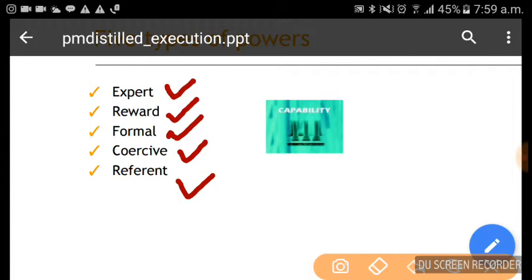So that is the referent power. So this could be the reason why most of the managing directors' drivers will have a special power. They will not be like other drivers in the company. That is because their boss is powerful.